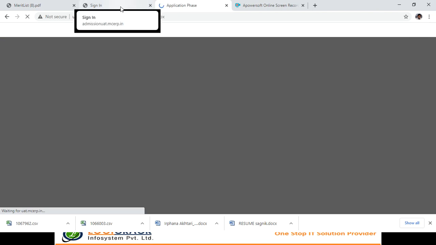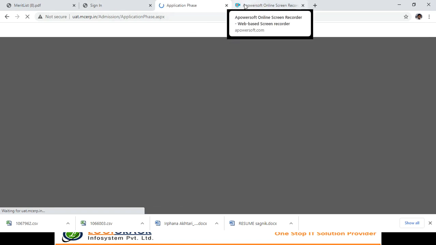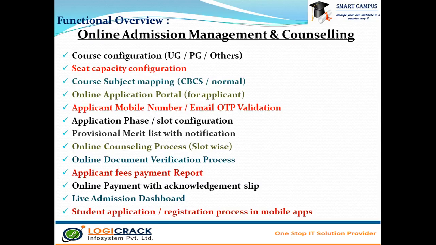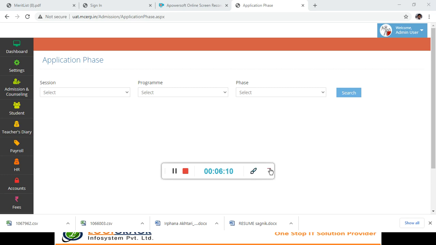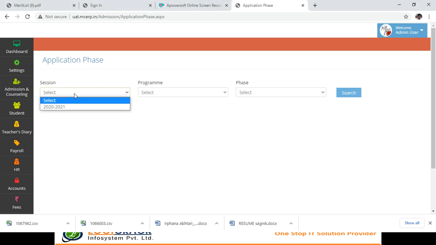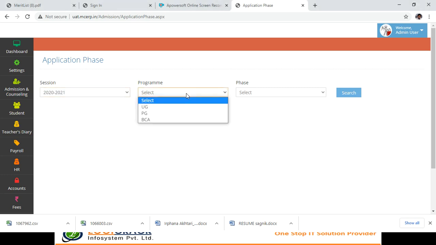So now in this admin section, we have different modules also. This is the transaction module that we are talking about. In the transaction module, there are lots of configuration yet to be done. And in this first transaction module, we have the application phase, wherein we get to see different